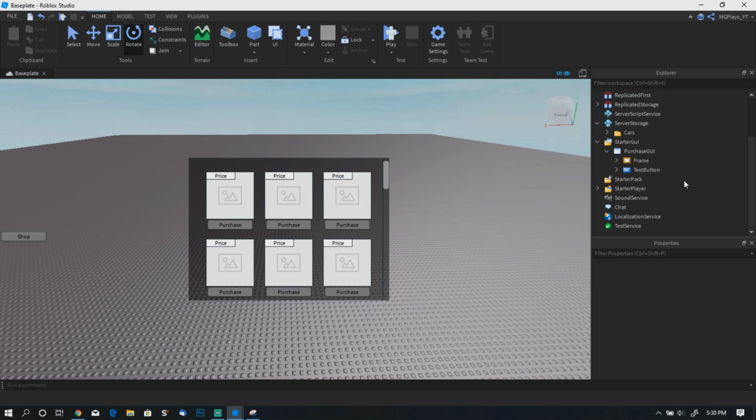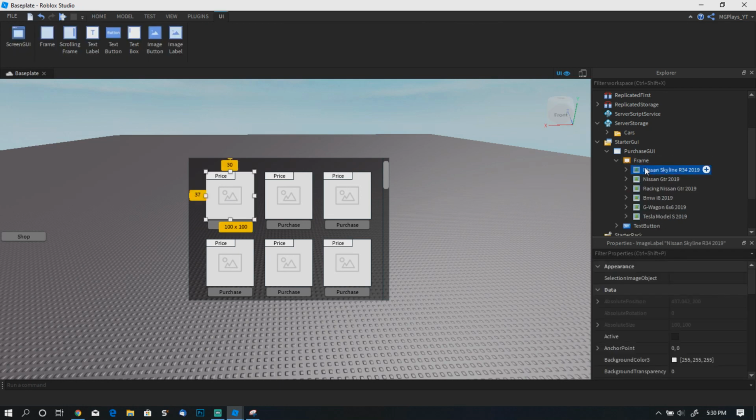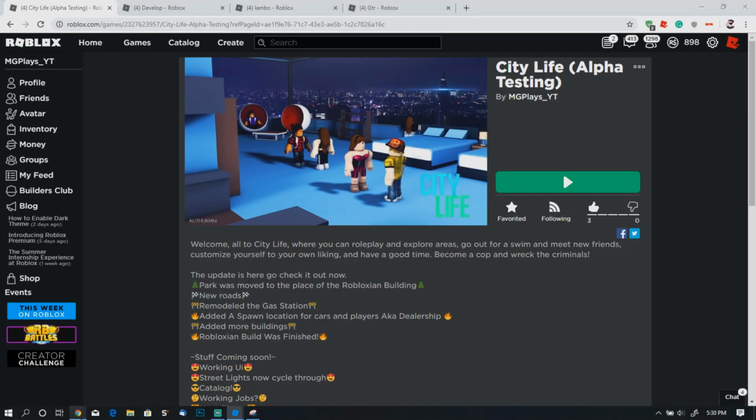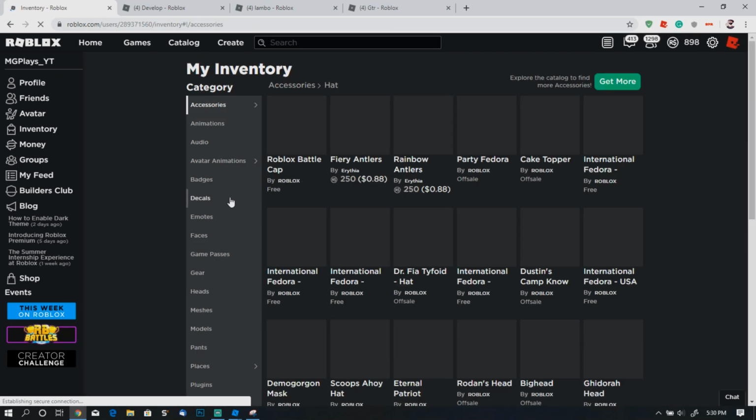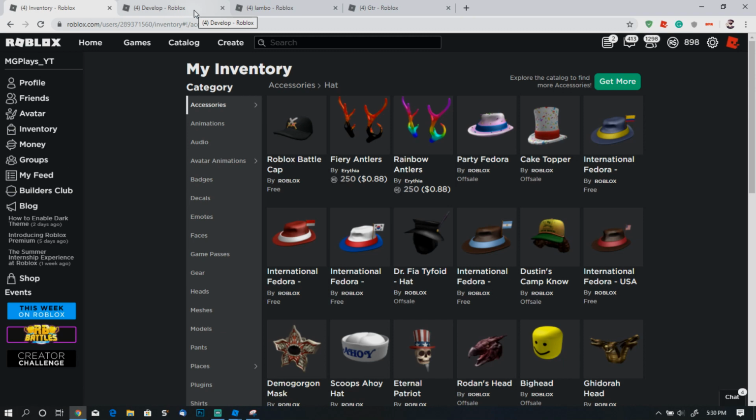So once we've done that, we want to open the GUI back up, and we want to go ahead and change the images. So this is a Nissan Skyline. So we are going to go to inventory, or you could go to create,